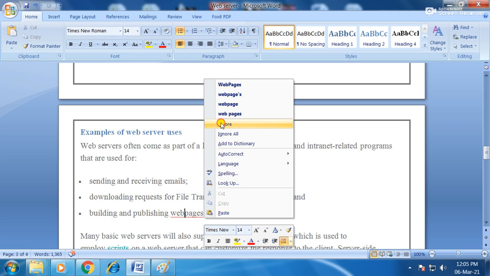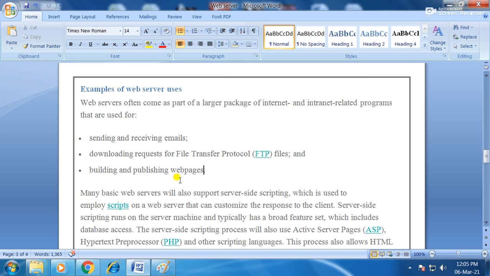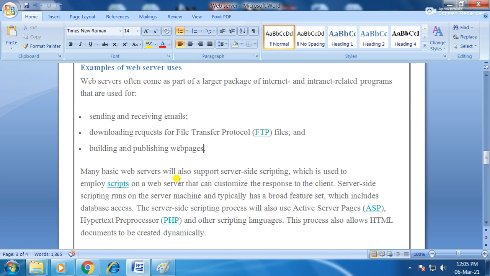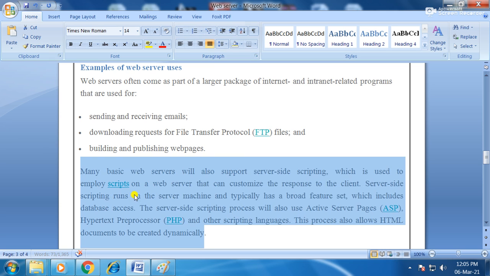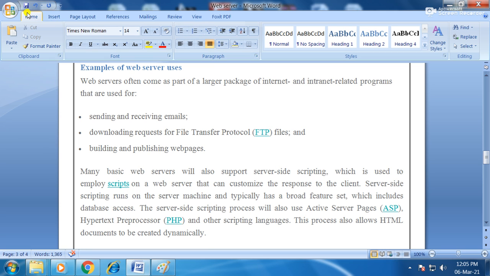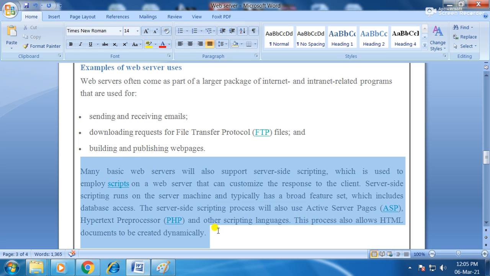Many web servers support server-side scripting, which is used to employ scripts on a web server that can customize the response to the client.